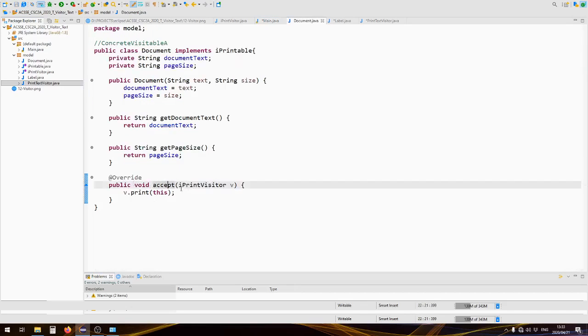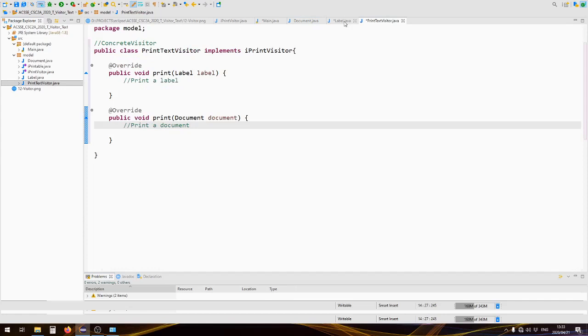We are then going to pass the visitor into this accept method. So v.printThis. It will then go to the visitor and call the visit method, which is the print method that we named it, and pass in our self as the parameter,